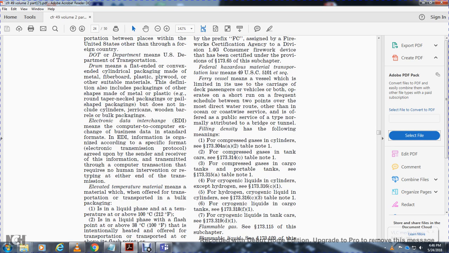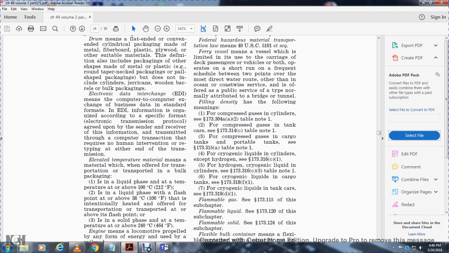Table 1, note for the cryogenic liquids and cylinders, except for the 173-316C1 for the hydraulic cylinder, cryogenic liquid in the cylinders 173-316C. For table 1, the cryogenic liquid in cargo tanks 173-318F1. For cryogenic liquid in tank for the 173-319D1 flammable gas, 173-115 over the subchapter flammable liquid, 173-120 over the subchapter